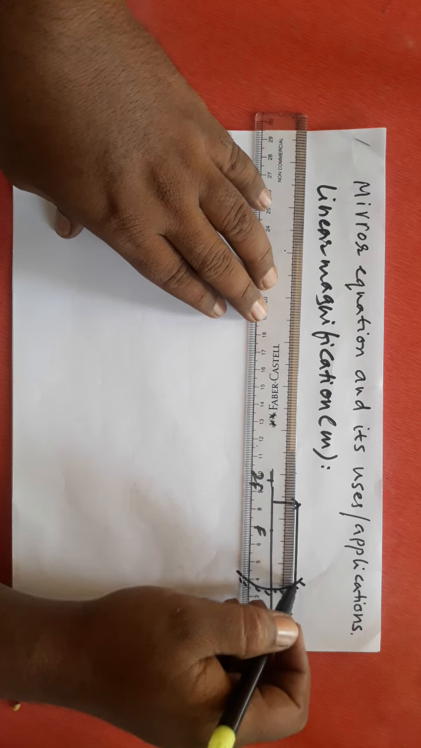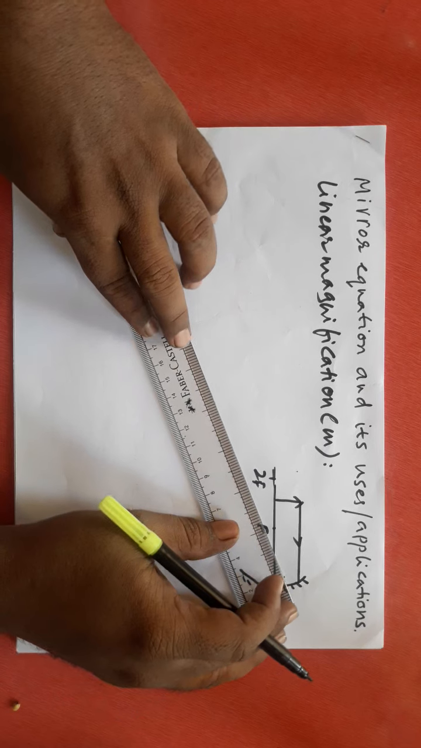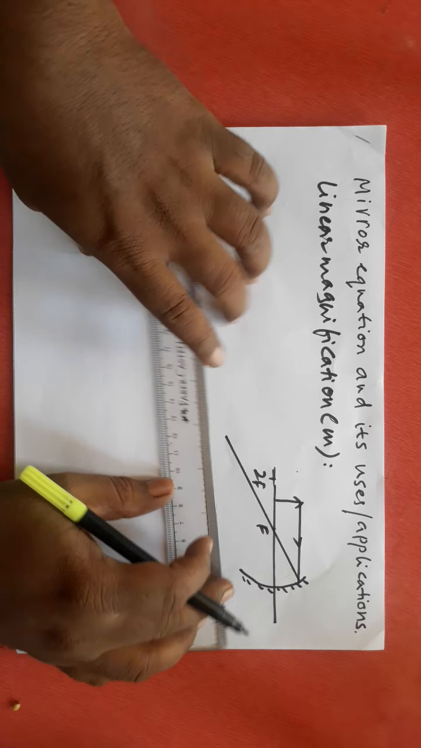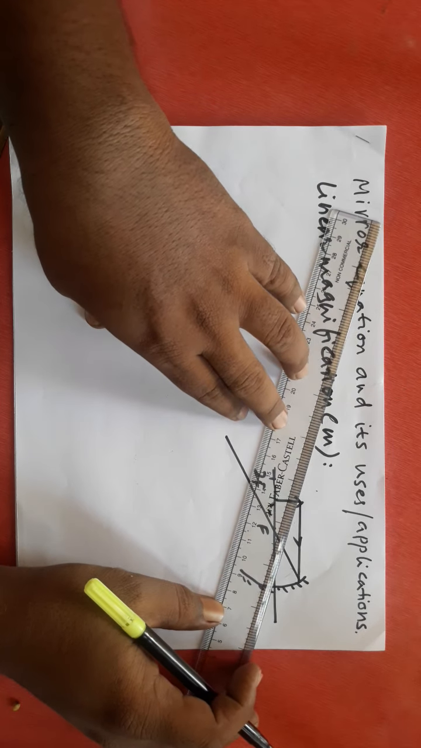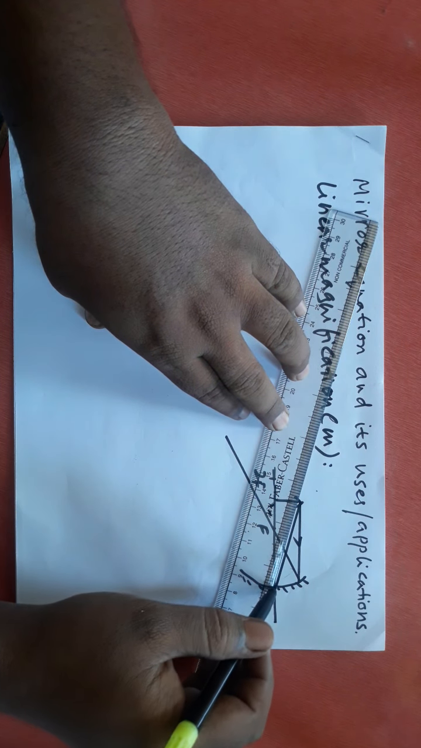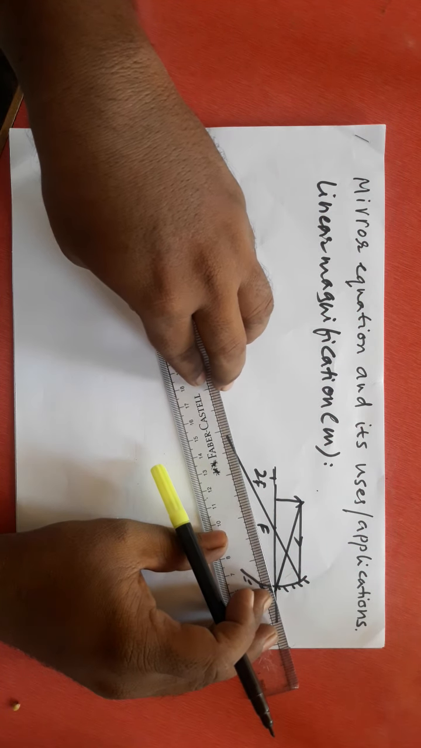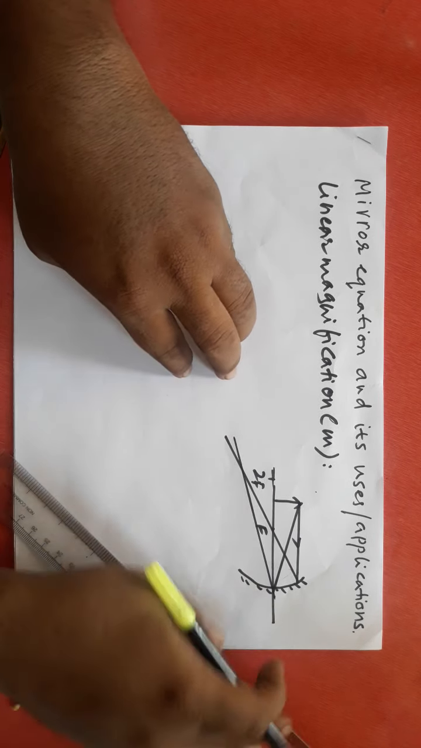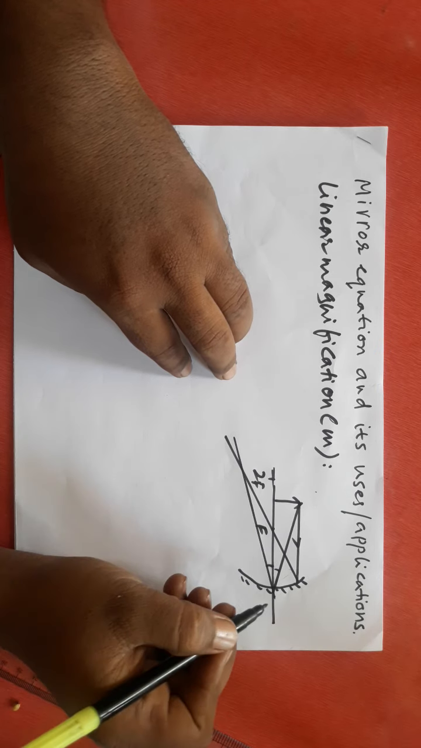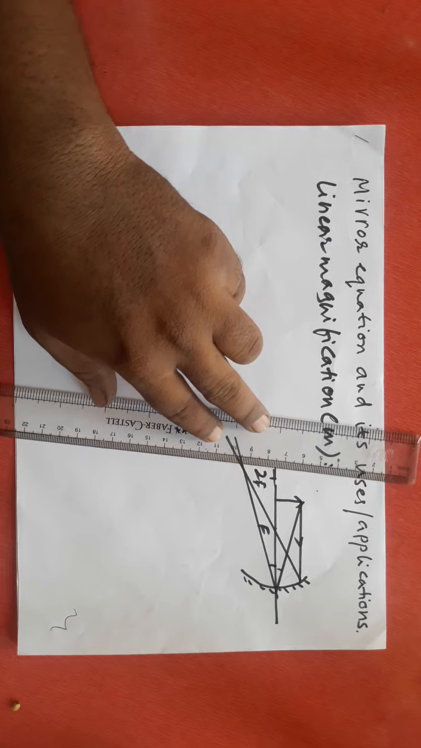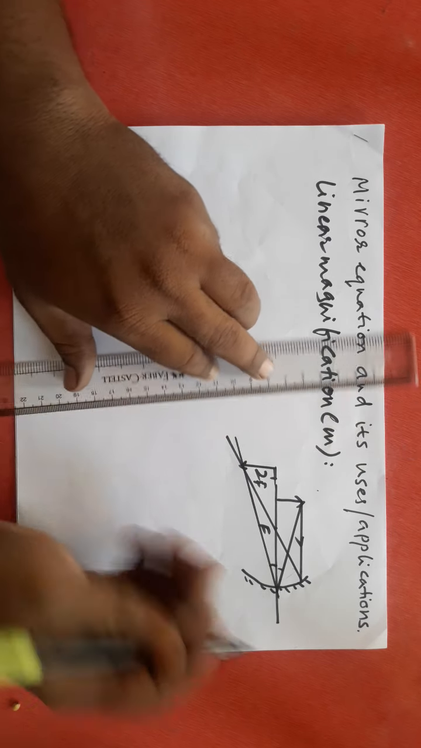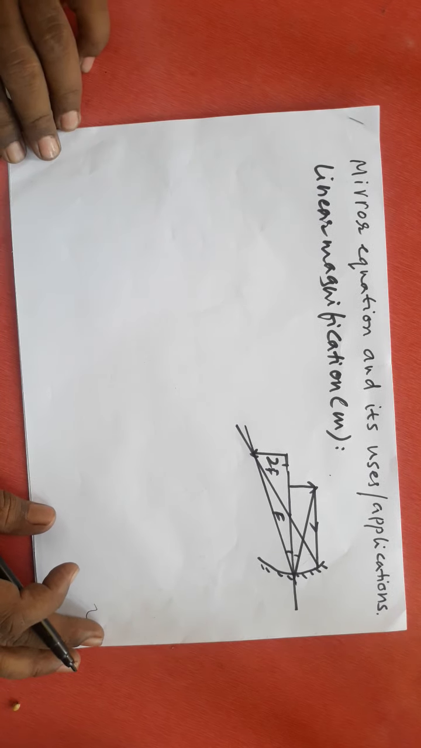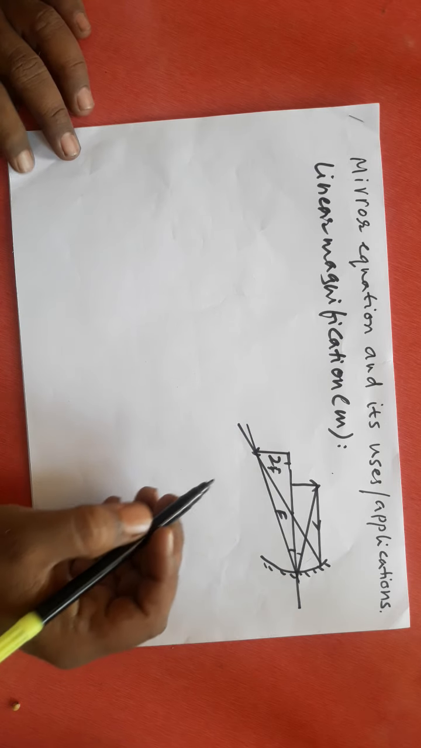One ray which is parallel to the principal axis will pass through the focus after reflection. Another ray hits the pole, and it will follow the law of reflection, which means the angle of incidence will be equal to the angle of reflection. Then the image will be formed somewhere here. If you draw to the exact scale, you will get the exact position of the image. So this is the position of the image, which is formed beyond